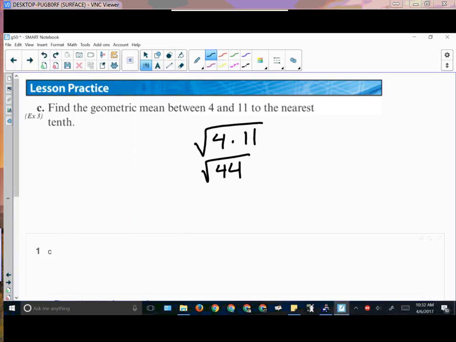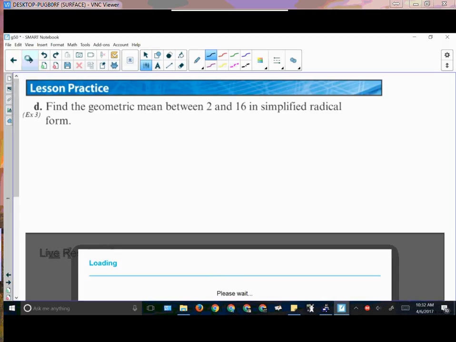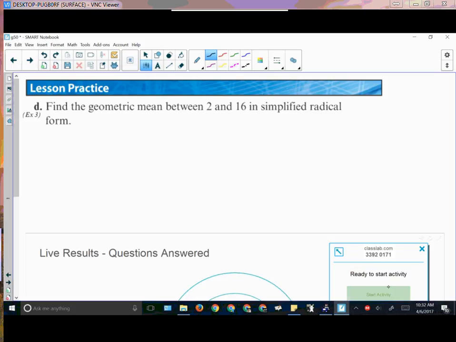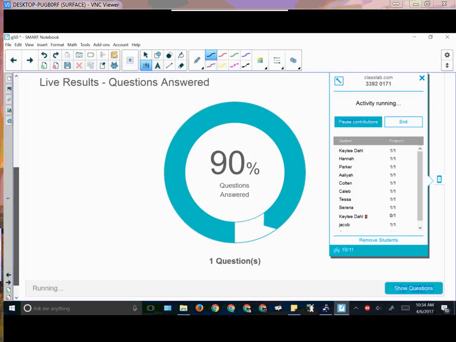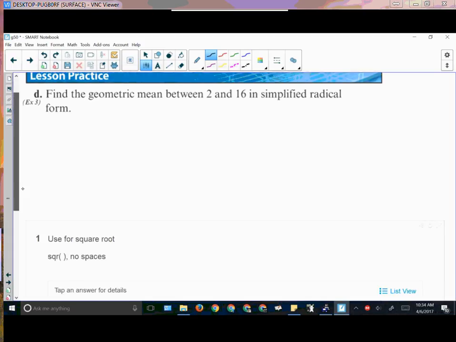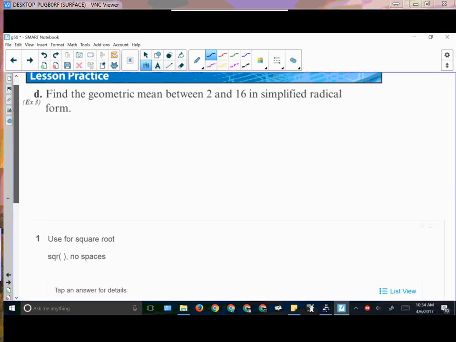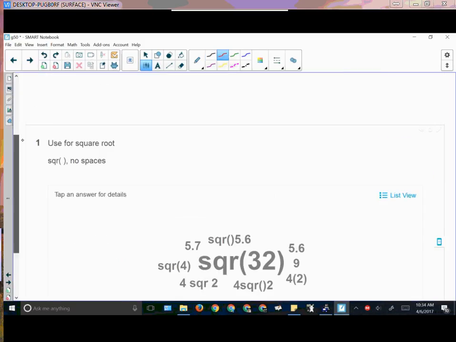So, okay, give you a few moments here, and I want you to give this one a try. All right, looks like everybody's in. So here, do that. Okay, 4 square root 2, 4. Okay. So when we work through this one,